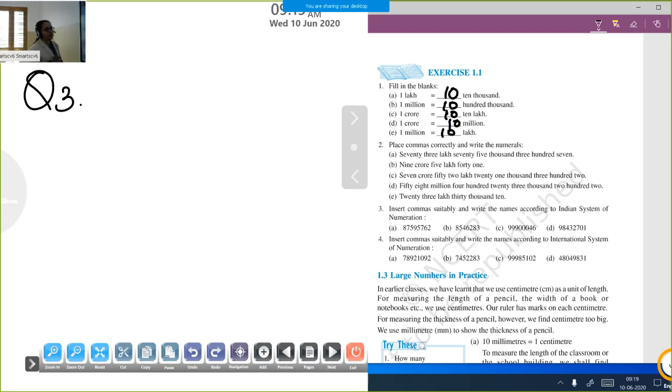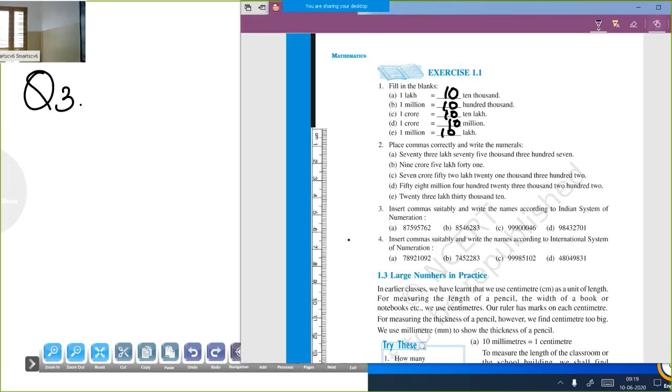Okay. So first one, teacher is doing only 2 questions, A and B. The rest, C and D, are homework for you. So teacher is circling here in the textbook. Homework question, teacher is circling here. So first two questions the teacher will do, the rest two you have to do as homework.